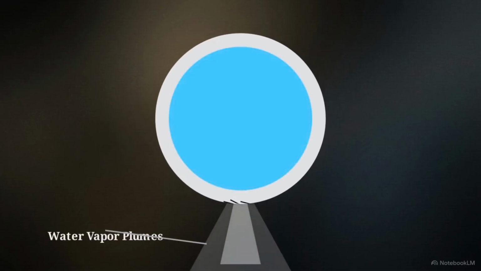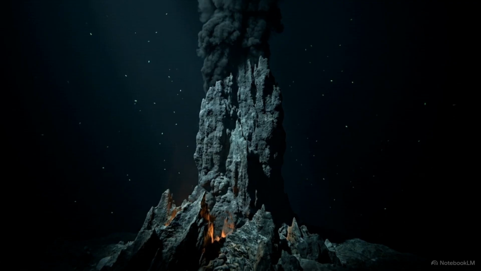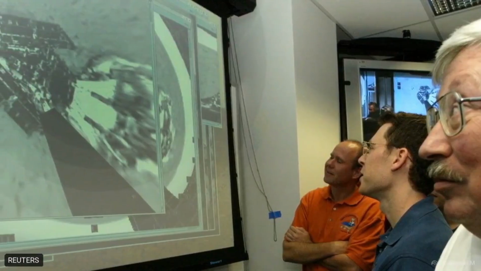The water vapor escaping Enceladus confirms the existence of a global liquid ocean hidden beneath its frozen exterior. Scientists are now investigating whether the thermal energy and chemical nutrients in this dark ocean can support microbial life. Data from these plumes has shifted the focus of space agencies toward designing missions that can specifically detect biological signatures.